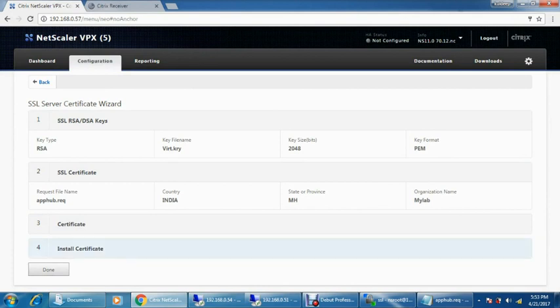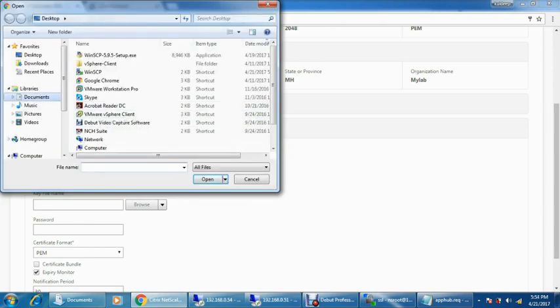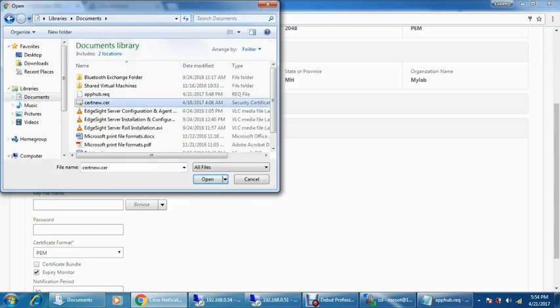So now come to the Netscaler, and here you have to install the certificate. Click on install certificate, certificate name pair. So write the name over here. It's appup.mylab.com